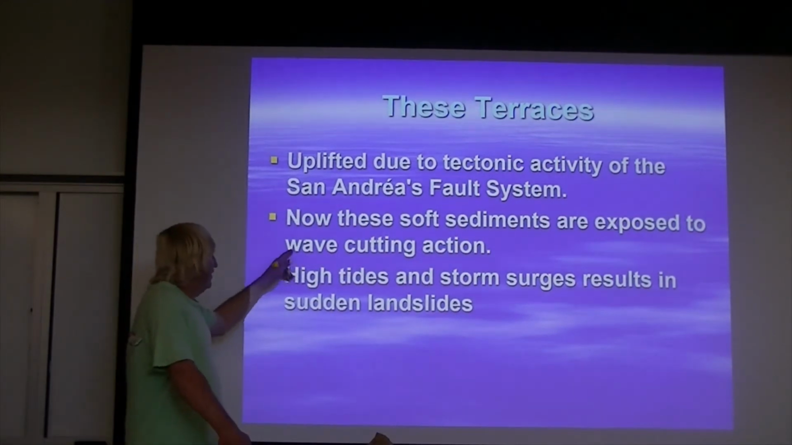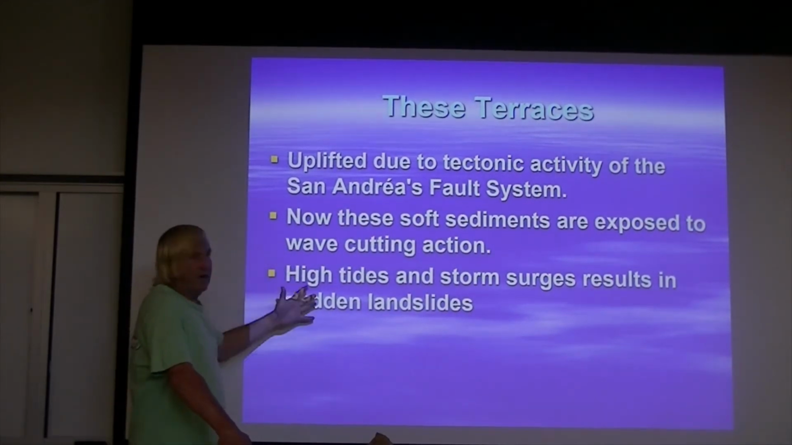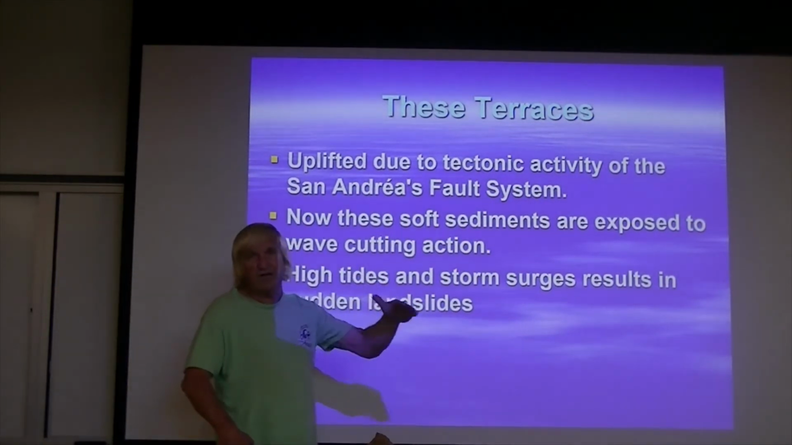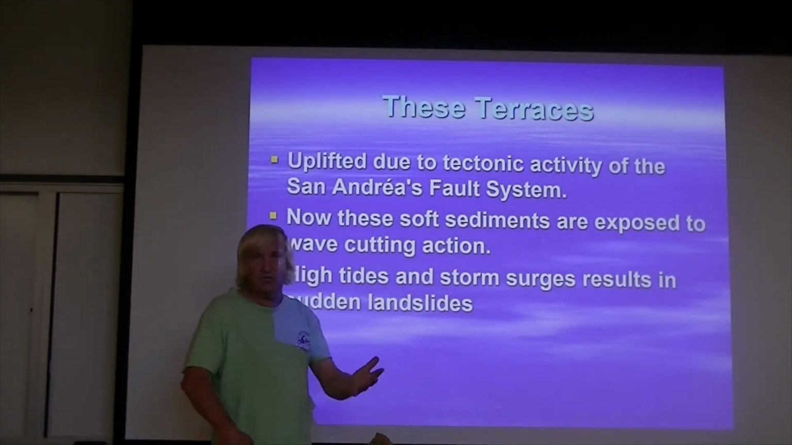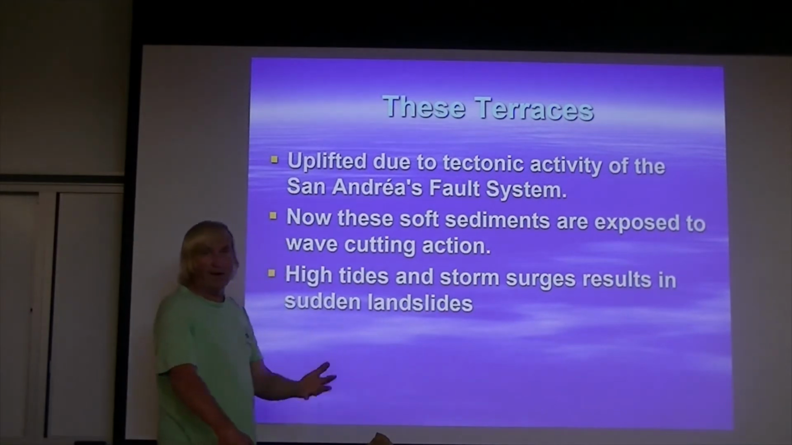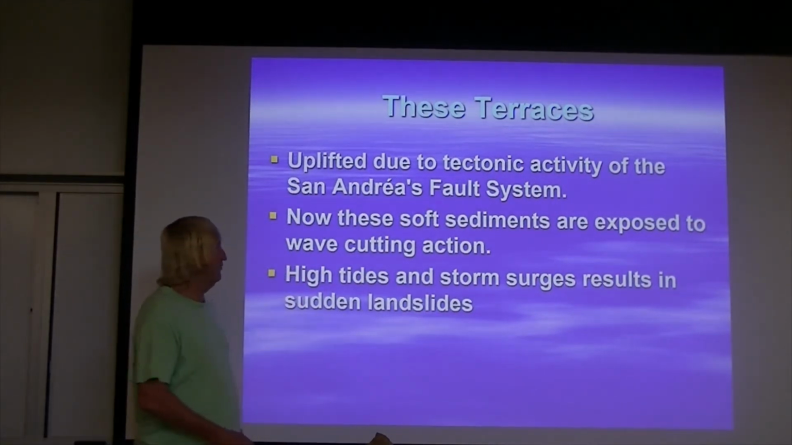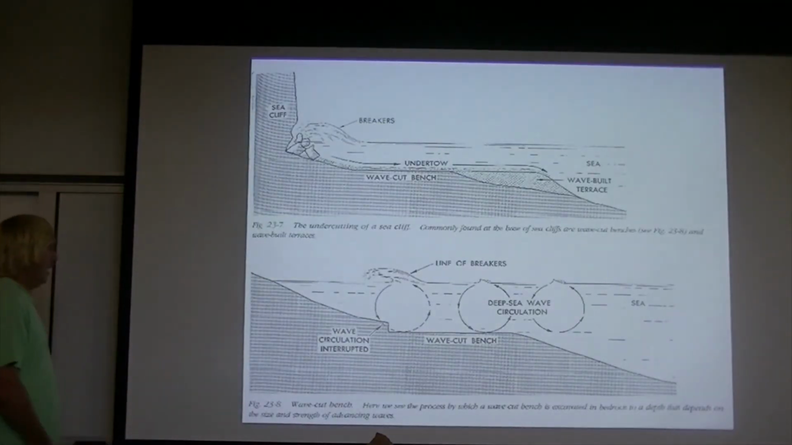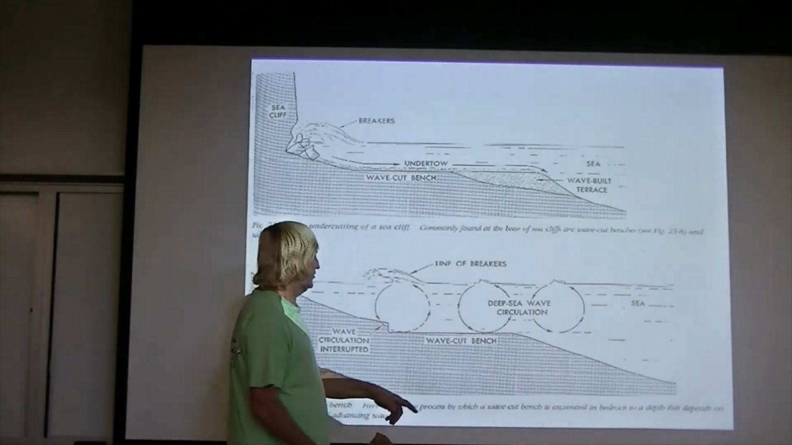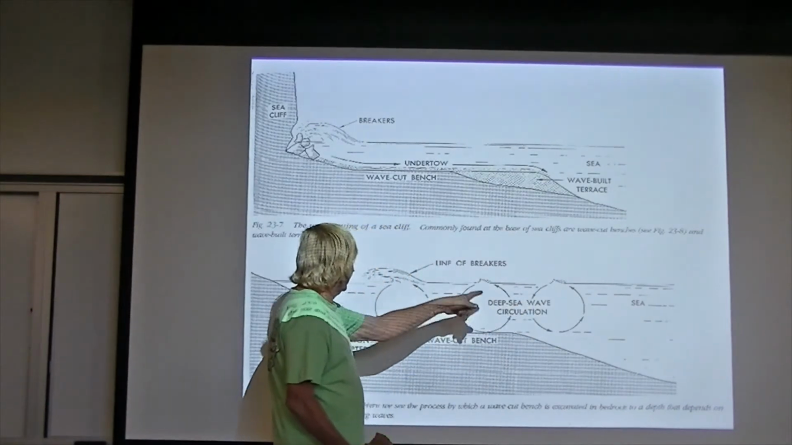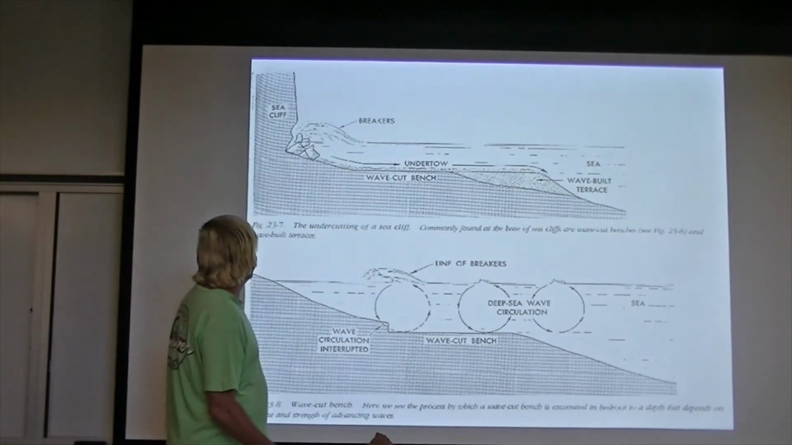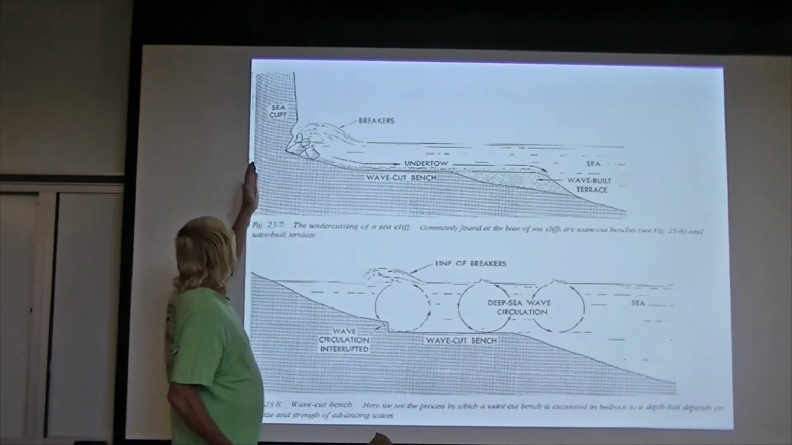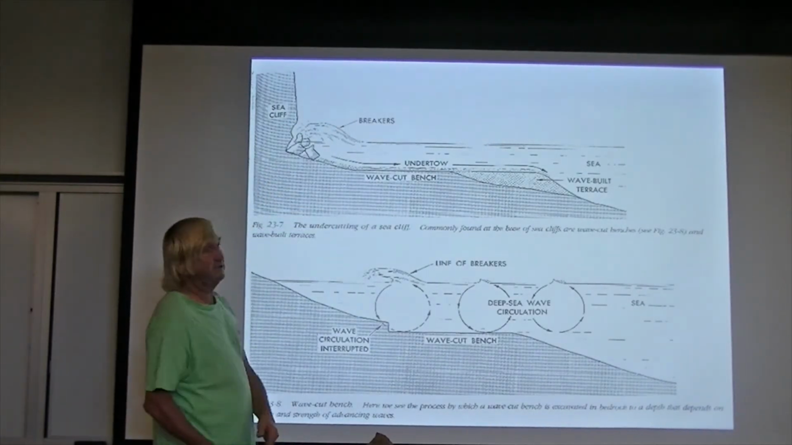They're exposed to wave cutting action. During high tides, these storm surges slam right into these cliff sides and it erodes it. It takes out the toe, the bottom of that hill, and then eventually it's going to slide in. This kind of shows this circular action as waves come in. They actually cut away, and they'll create little sea cliffs, and then eventually that whole rock face is going